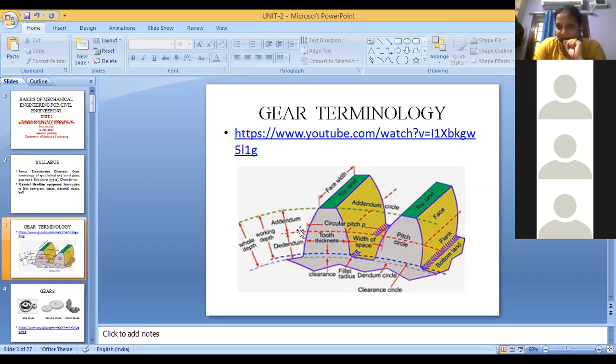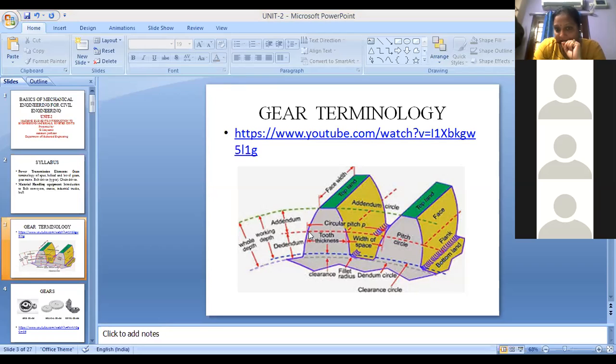Now see, this thickness of the gear is called the face width, and this surface is the top land. The pitch of a gear is the distance... you have different profiles at different cross sections, right? You have some different diameter at the bottom, inside the addendum, and a different diameter at the dedendum. Now we calculate the pitch distance at the pitch circle.